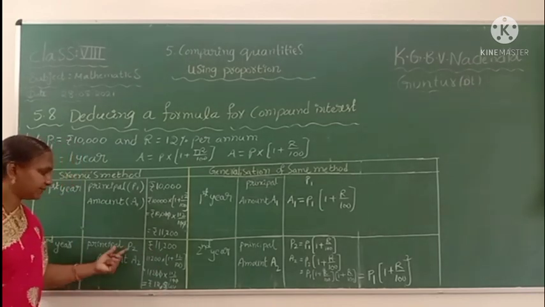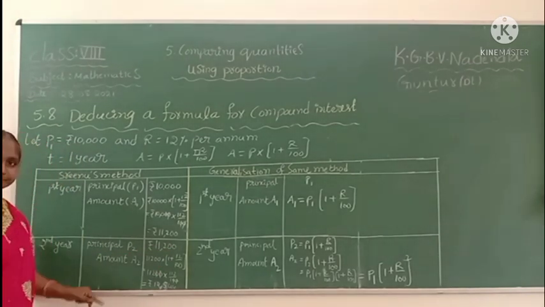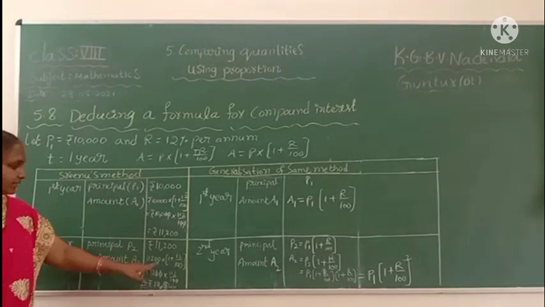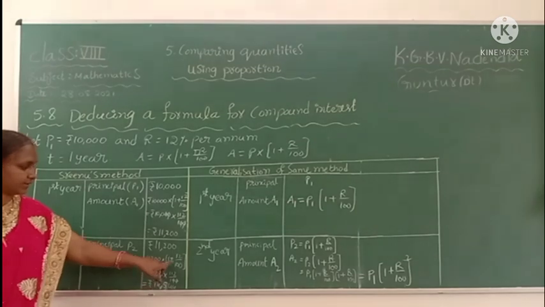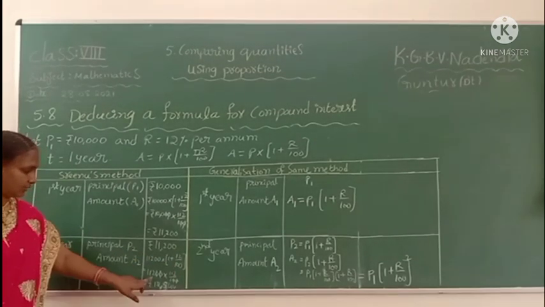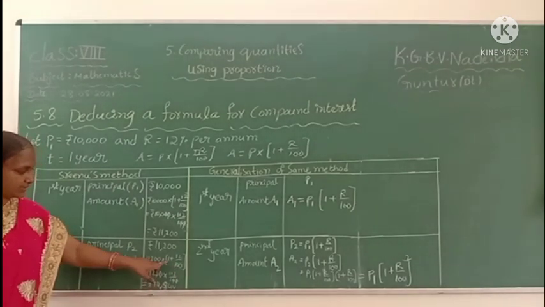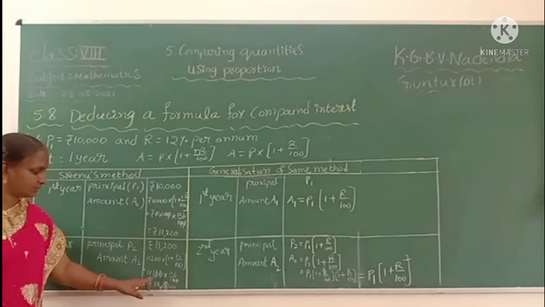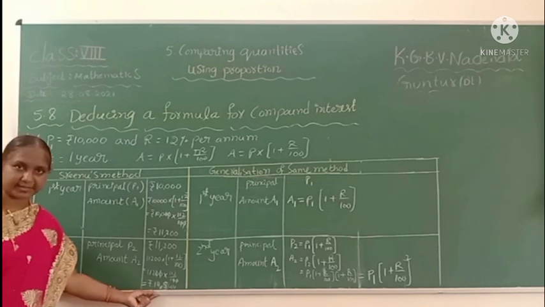Okay. Now principal is 11,200. Then amount A is equal to P into 1 plus R by 100. 11,200 into 1 plus 12 by 100. Now we get 100 plus 12, 112 by 100. 0 0 cancel. 112 into 112. Then we get